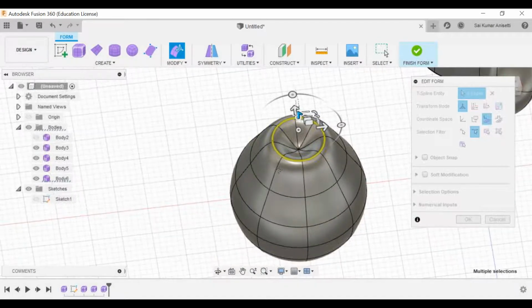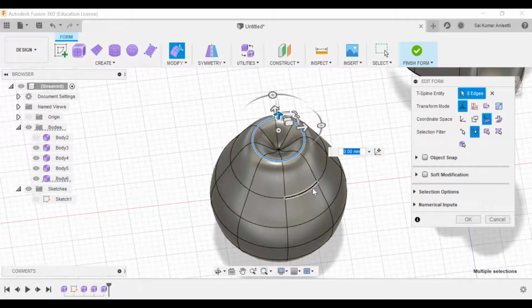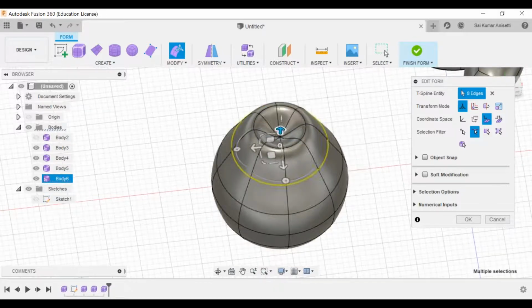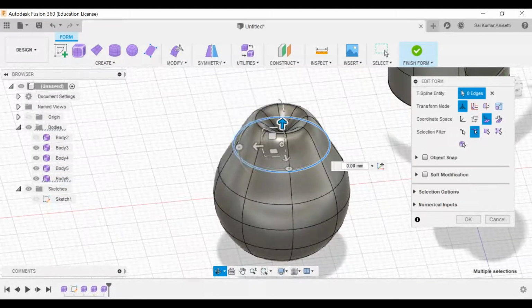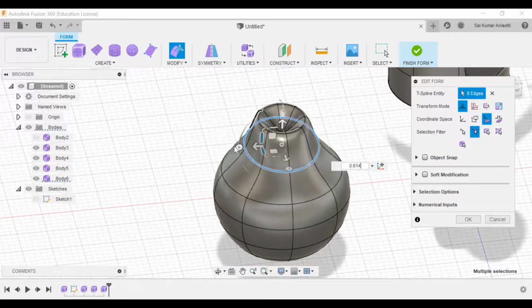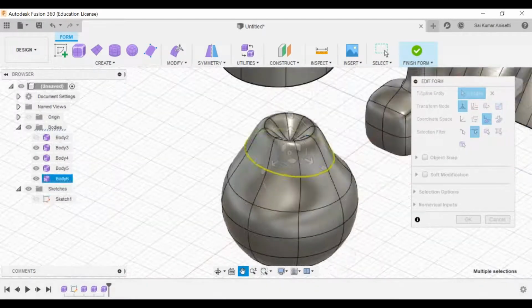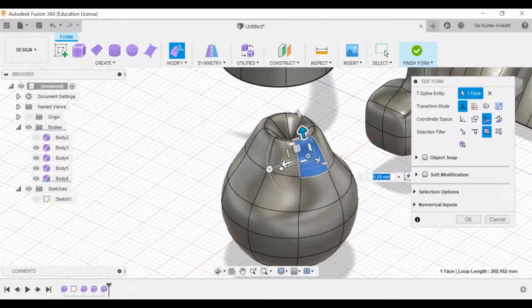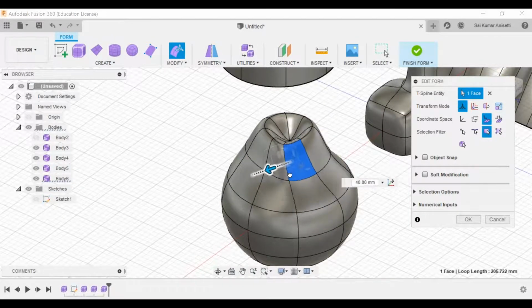Right? Now if you want to change the shape of this curve, I want to change this. Now if I want to select any face and modify, I'll select this face and make sure it is smooth.